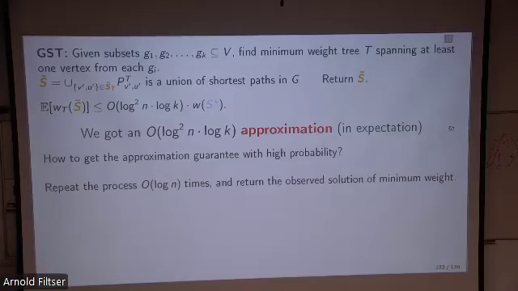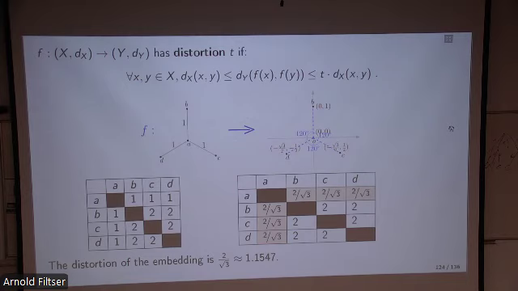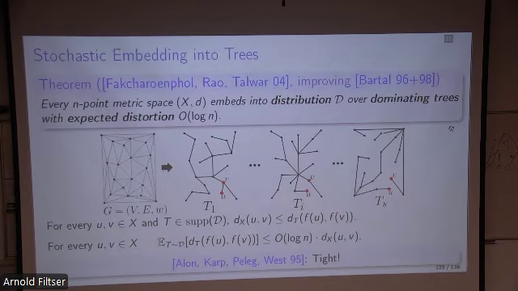Okay, so let me wrap up. This lecture was about metric embeddings. An embedding is a function between two metric spaces that preserves all pairwise distances up to a factor. And we saw that it's usually impossible to get distortion 1. Even in the star graph, when we want to embed it into a Euclidean space, we need to pay some distortion. And the main topic was stochastic tree embeddings, which is embedding of any metric space or